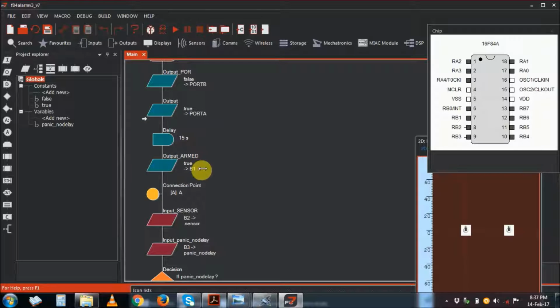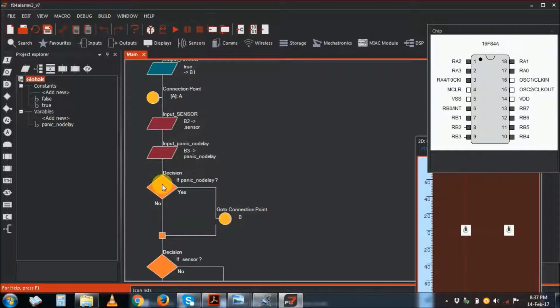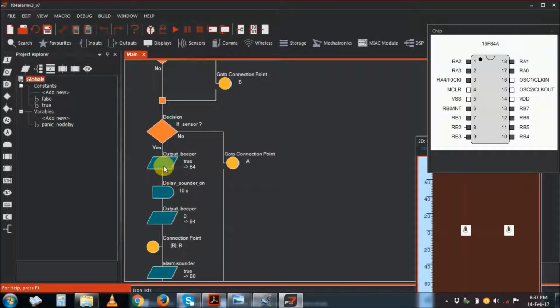Then it shows you after 15 seconds the alarm is armed. And then these are the sensors, input sensor, and then the input panic, and then it comes to a decision making here. If the panic is activated, it goes straight to the alarm condition. If it's not, then it checks again if the sensor is okay. If it's not, then it starts again at program point A here, and then if it's violated, then the beeper